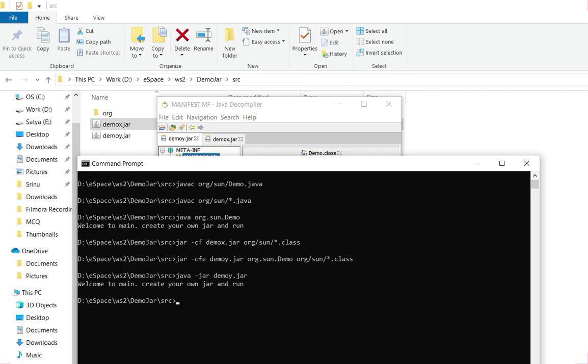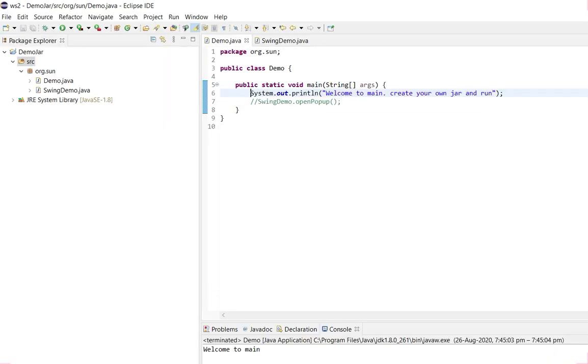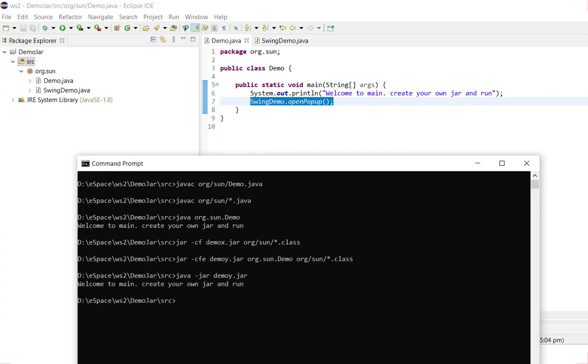Let me give you some more things. I have a small swing pop-up, so I'm adding it here. Let me compile and create a jar file now. Here again I am compiling, so I'm compiling with javac, and now I am creating a jar file. What is the command? Jar hyphen